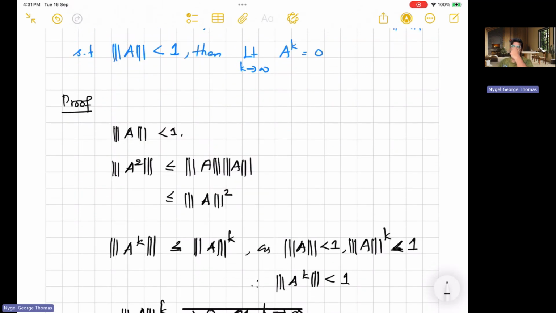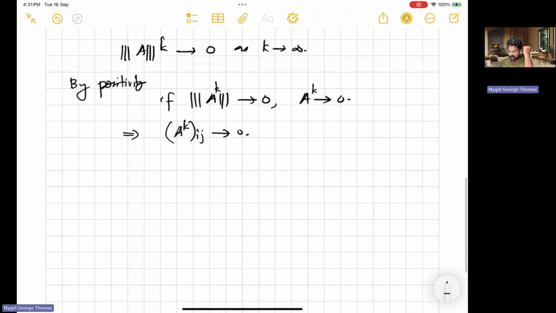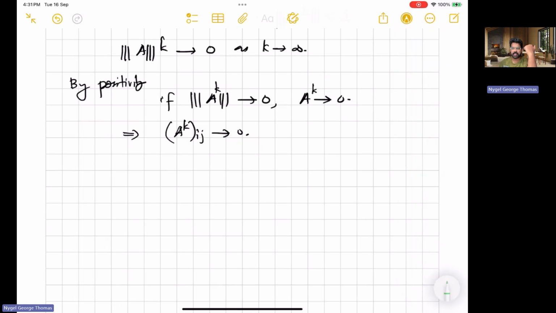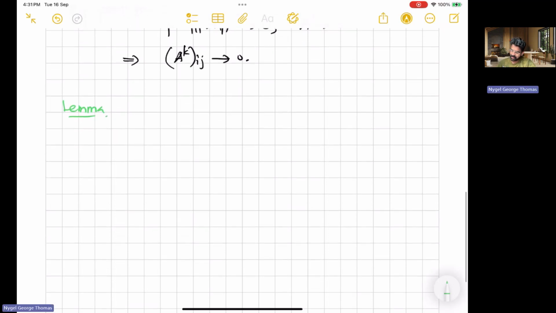There's also another condition which we can write for convergence. Let's look at the second lemma. This is like a complementary lemma, which follows from this one. It is very simple to derive also. Let A be a square matrix over the field C. Then the limit as k tends to infinity